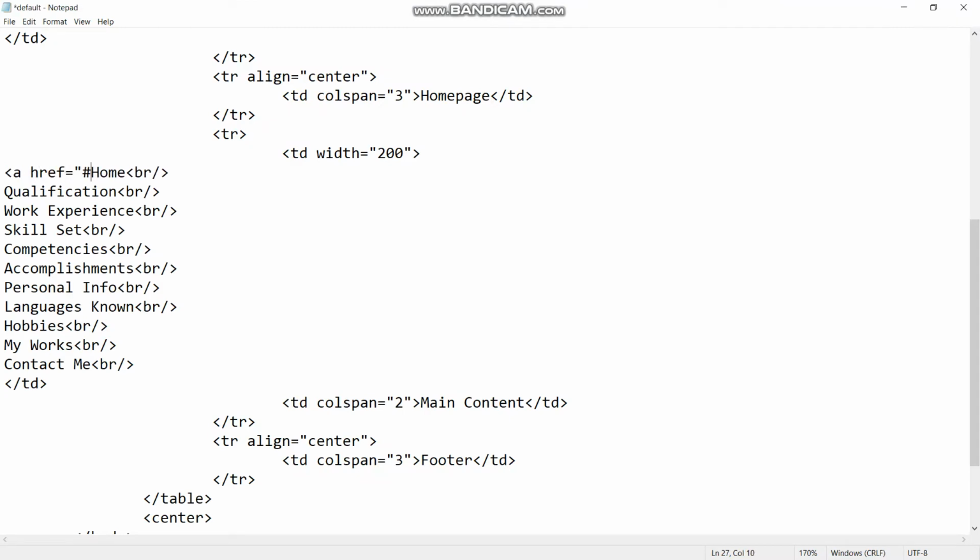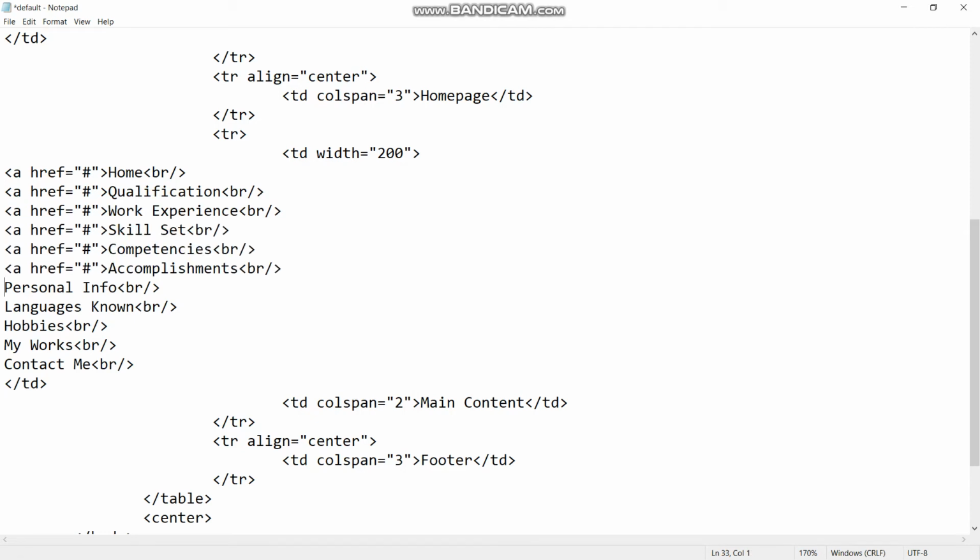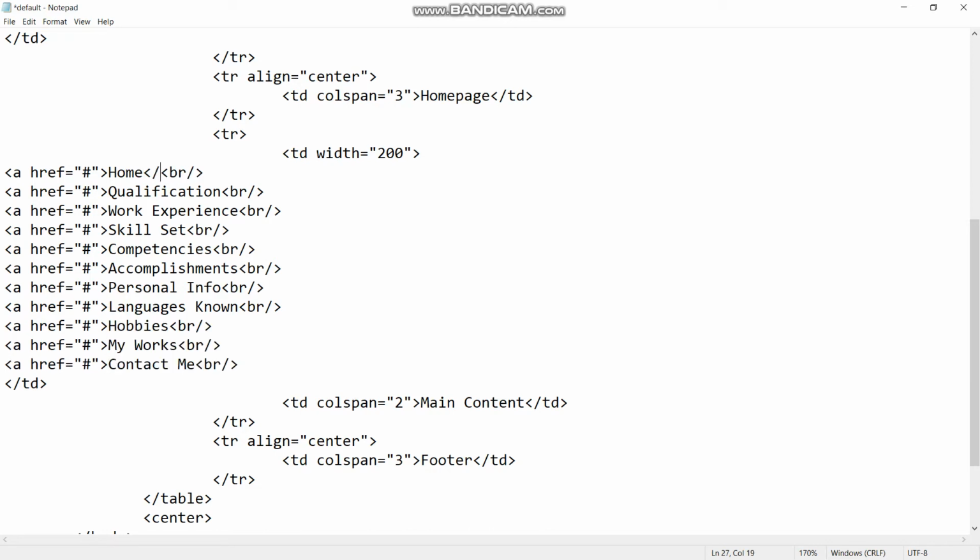So what I will do to make it a link is like this. I will use anchor tag to give them a link. Firstly I am using hash to just signify them as a link, and I will just close the anchor tag.